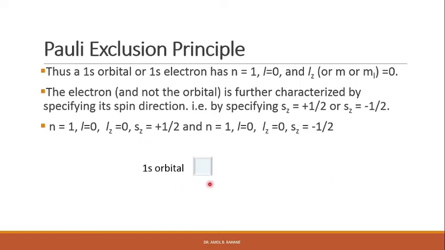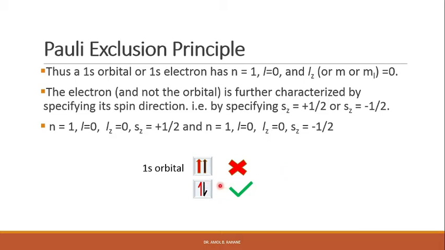Thus for the 1s orbital we can write: the first electron with spin in the upward direction, and we cannot place the second electron with the upward spin, right? So this is the wrong way. We have to place it like this: the first electron with the upward spin and the second electron with the downward spin, that is the correct way to represent it. We can say that two electrons can occupy the same orbital only if they are paired or opposed, right?